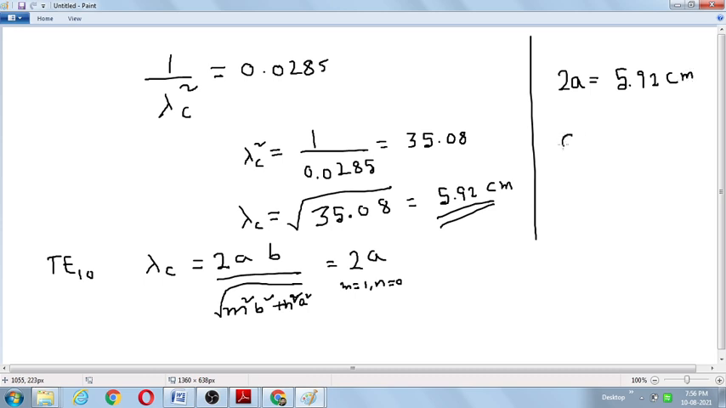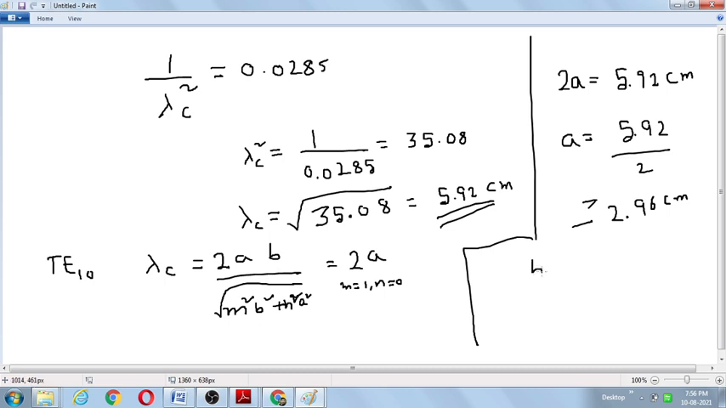Okay. So a is equal to 5.92 divided by 2, that is equal to 2.96 centimeters. So in general, standard specifications of a rectangular waveguide to get maximum bandwidth, so b is equal to